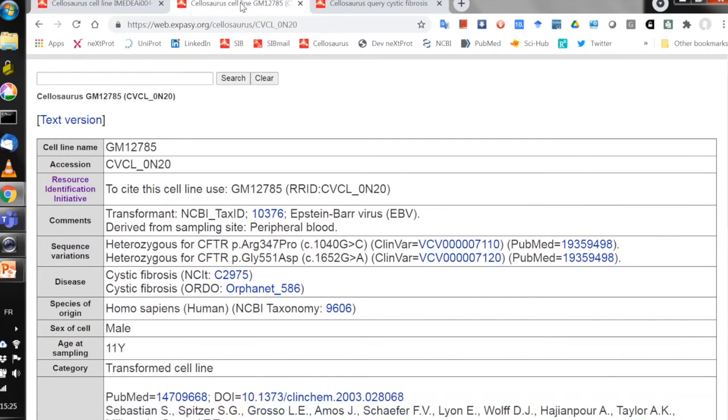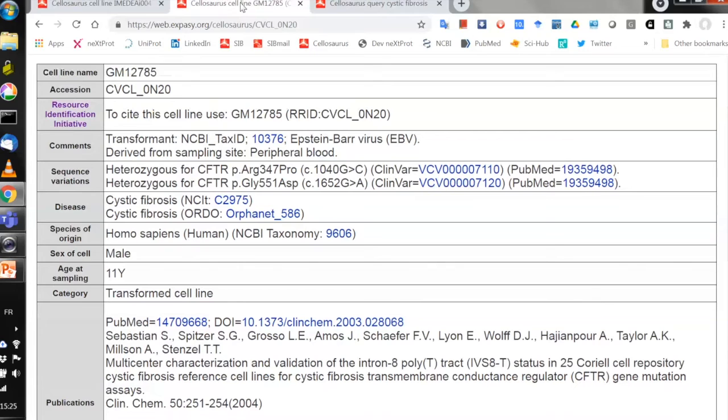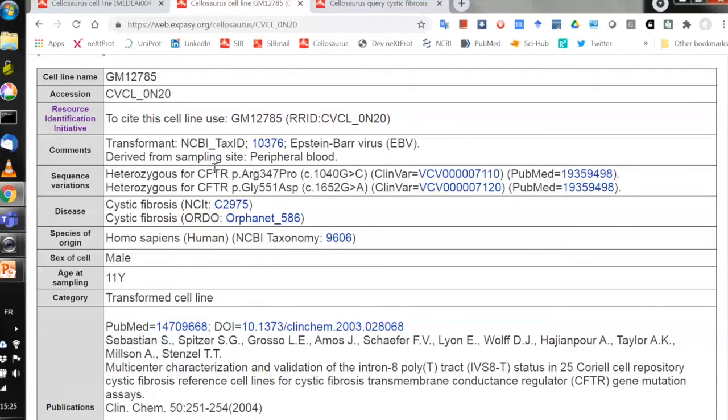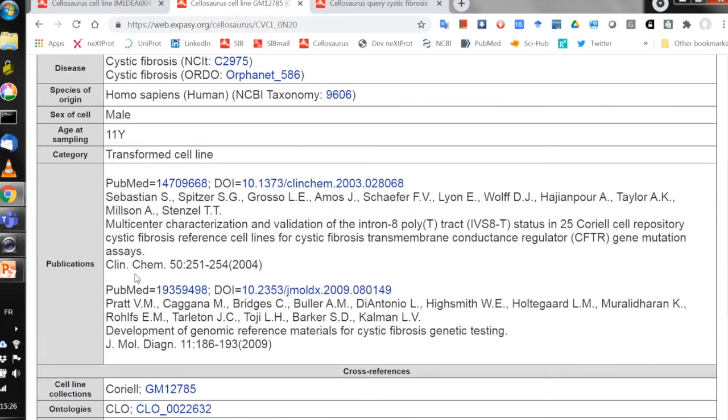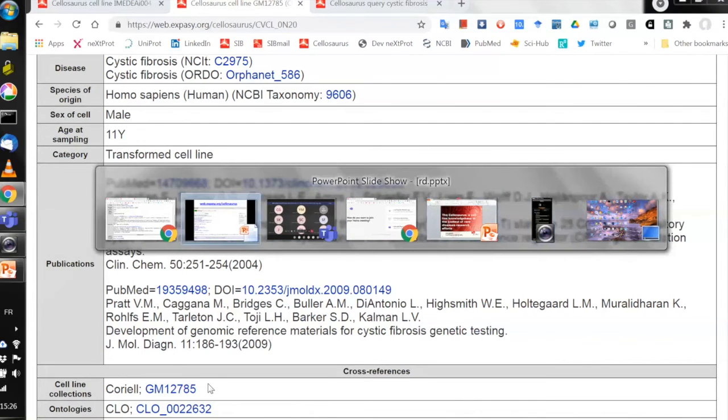And if I look at another example of a cell line, here I have a cell line from Coriell, a resource which has a lot of EBV transformed cell lines. You see here, it's a line modified using Epstein-Barr virus. And this is a cystic fibrosis cell line, again heterozygous with 2 mutations. Again, the link to Orphanet or to the NCI Thesaurus. I didn't say before, but of course you have the sex of the cell, the age at sampling, and the reference. And again, the links to different resources. Here it's to Coriell. Now, if I go back to the presentation,